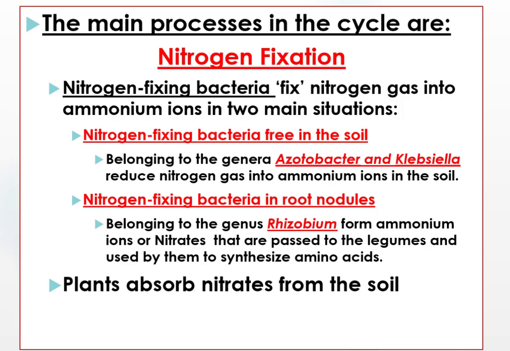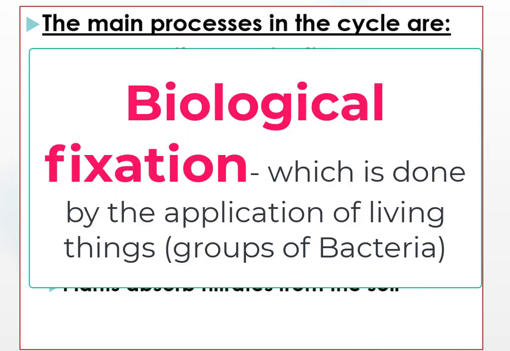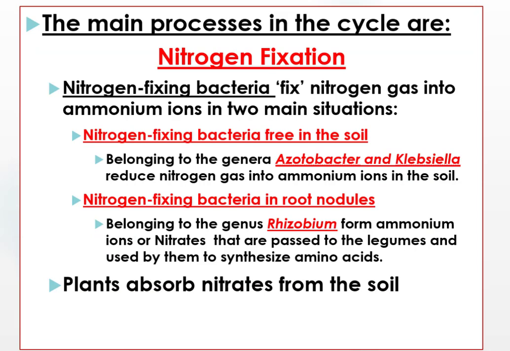This can be done mostly by biological fixation, which involves living organisms. In this case, atmospheric nitrogen is split and combined with hydrogen atoms to form ammonia by some free living bacteria in the soil, like the genus Azotobacter and Klebsiella, and by symbiotic bacteria that can form a symbiotic relationship with